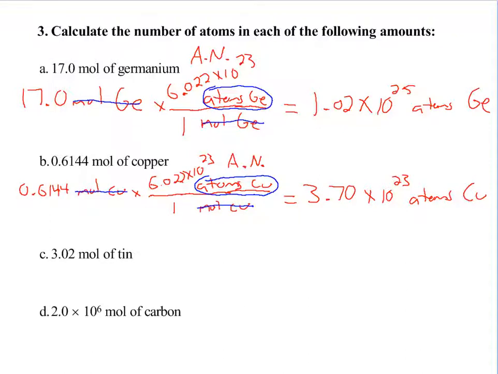I will give you the answer, but I want you to set it up like I did above. The answer for C will be 5.00 times 10 to the negative 5th moles of Ag. And again, you can pause these to try them to see if you're getting them right. And then the last answer for D, 1.20 times 10 to the 30th atoms